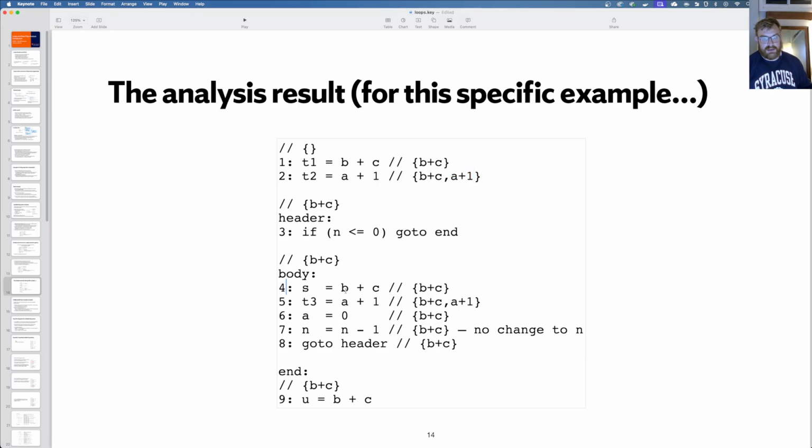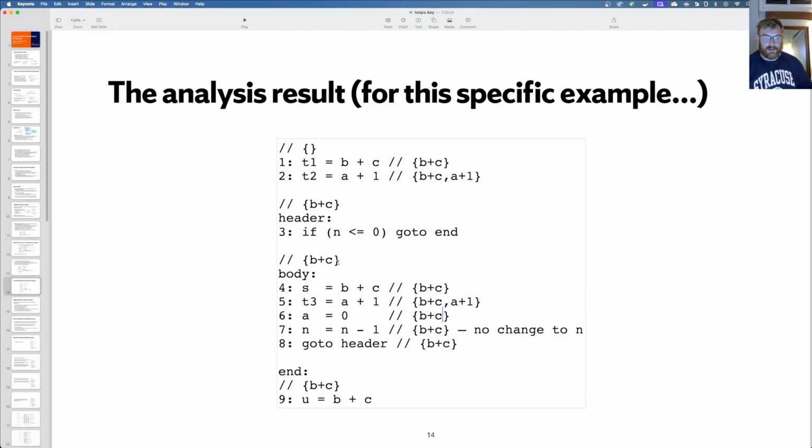And down here in the body, now we generated b plus c, but that was also true coming in. And then here as well, we've got b plus c, and now we've computed a plus 1, because we've just computed it right here. It wasn't previously available. We've computed it right here, and so now it's available, but then we reset a to 0, and so it falls out of the available expression set.